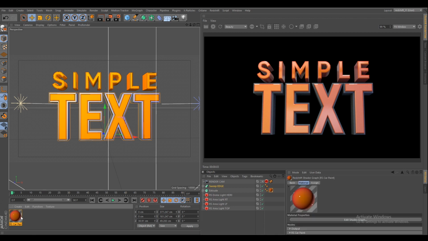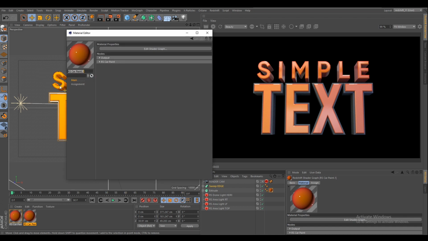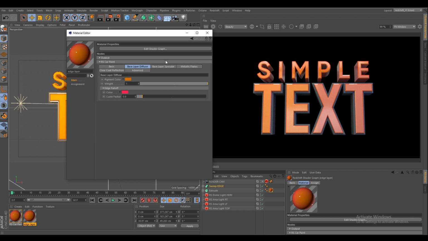For that I just need to duplicate this one, Control and drag, just rename it as edge layer, and go to main.